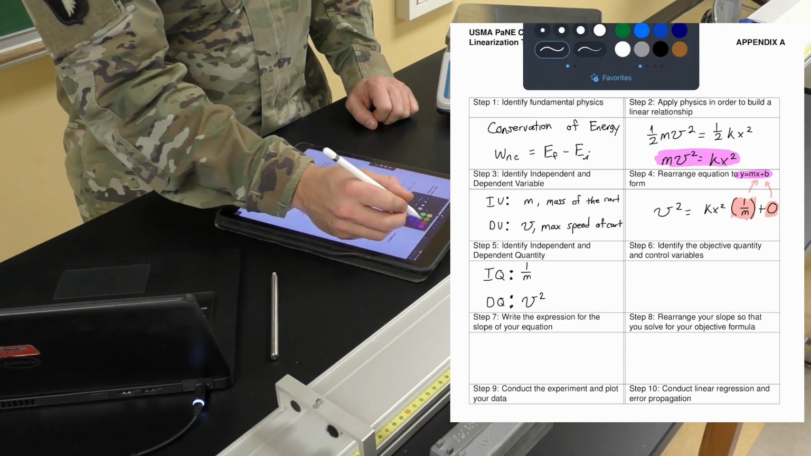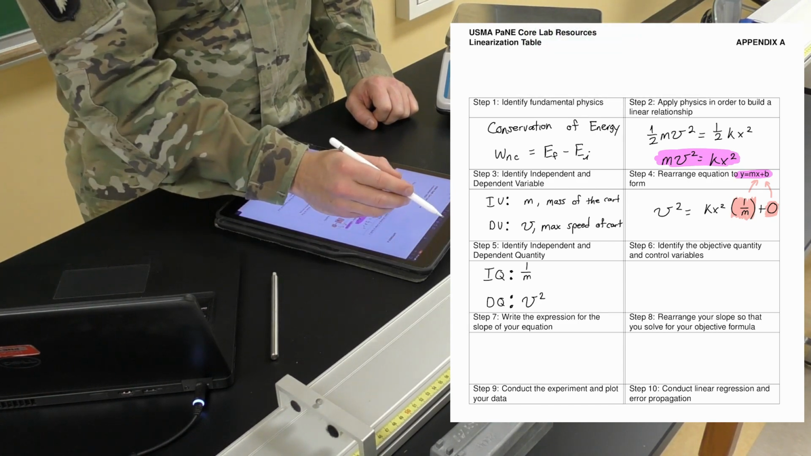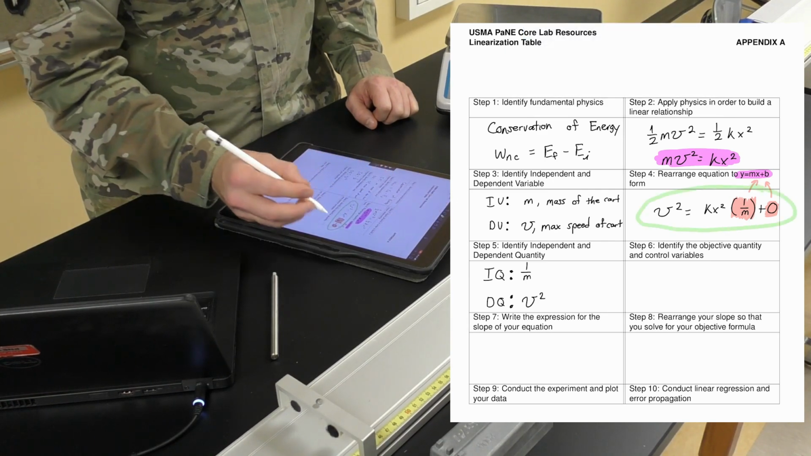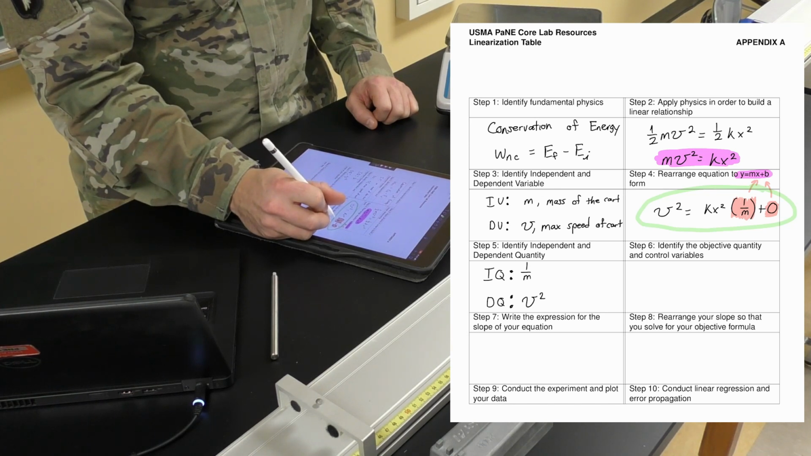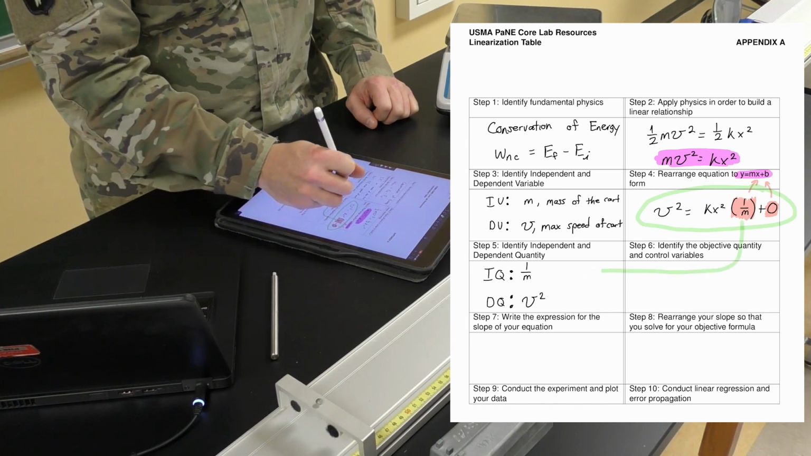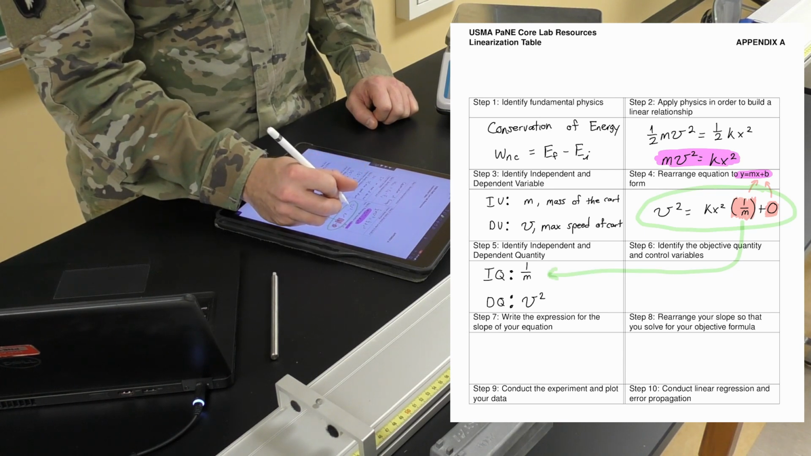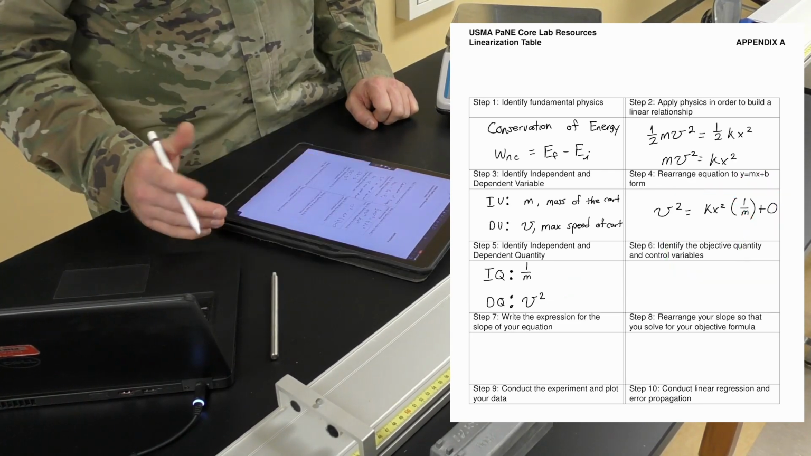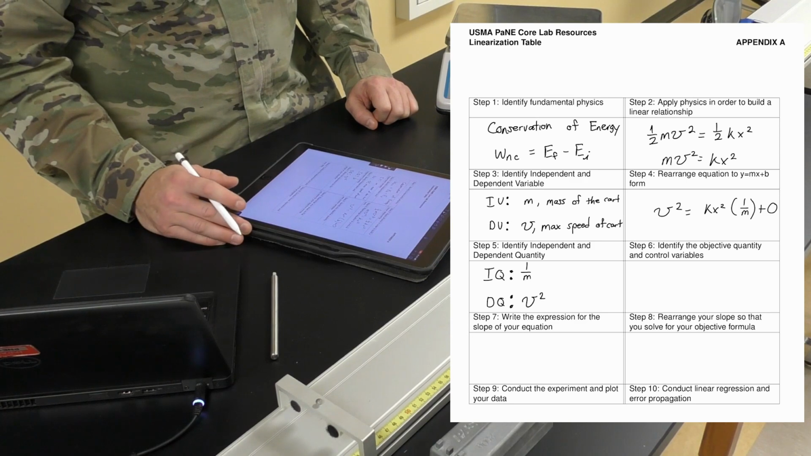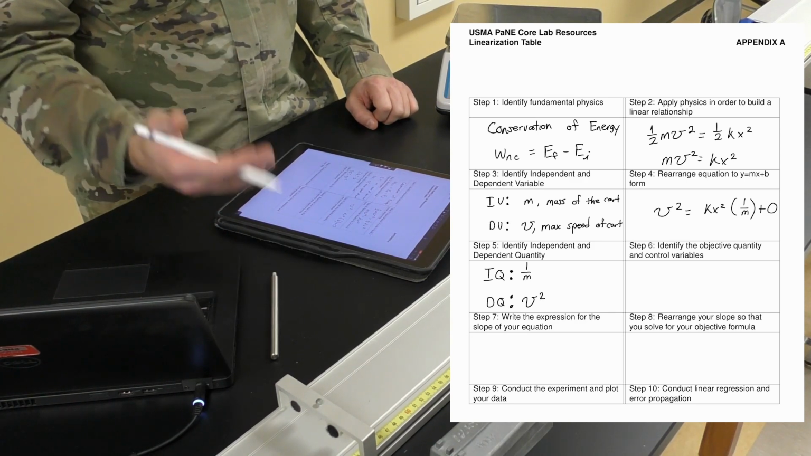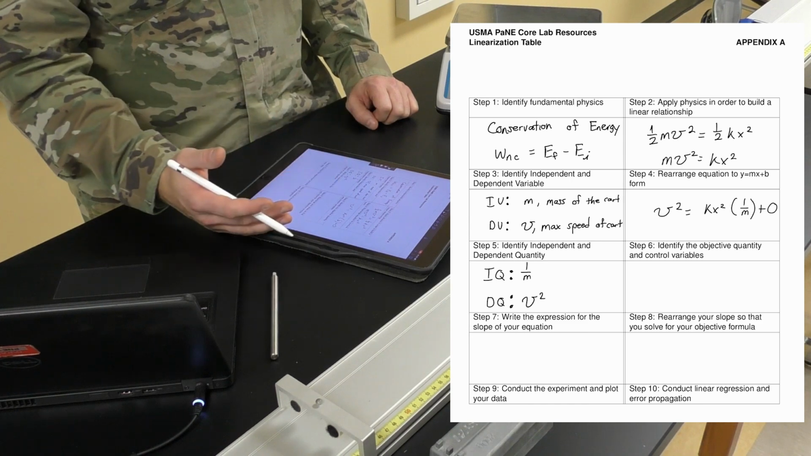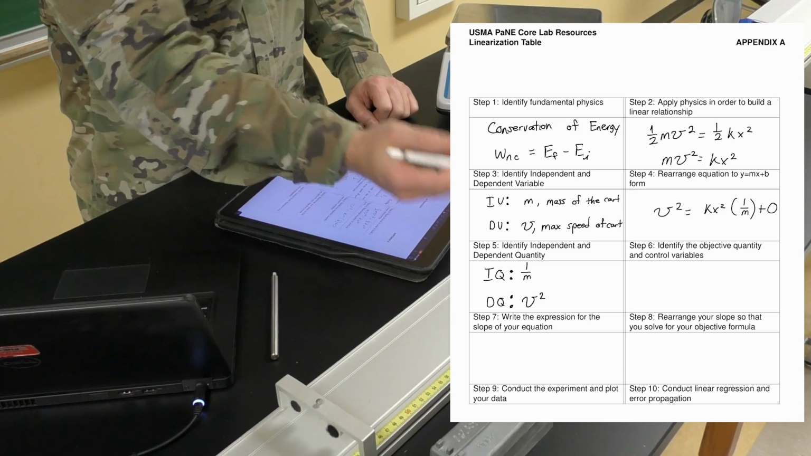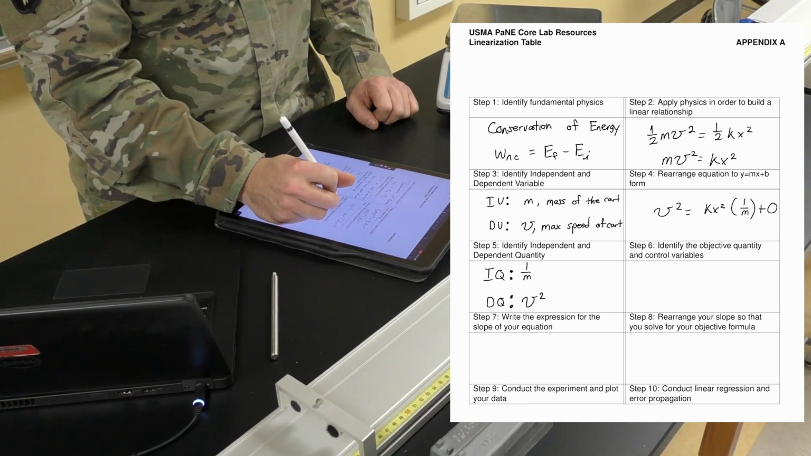Now I get these by looking at the equation that is in step 4. I look at this equation and say whatever was the x variable in my linear expression now becomes the independent quantity, and whatever was isolated on the left-hand side is my dependent quantity. So now that I'm at this point in the linearization process, I can go ahead and identify specifically what is my objective, and then what are variables within the experiment that don't change. In this experiment, we're trying to find the spring constant of our spring. So the objective